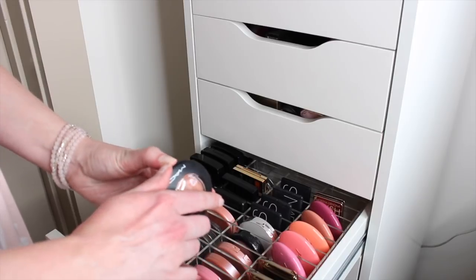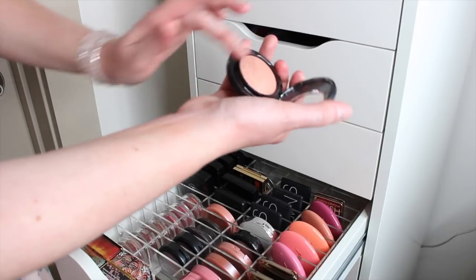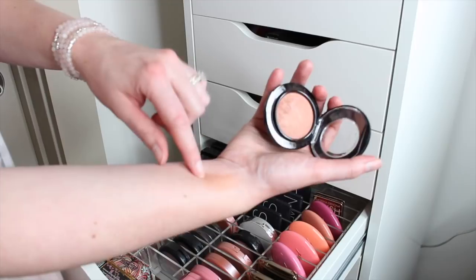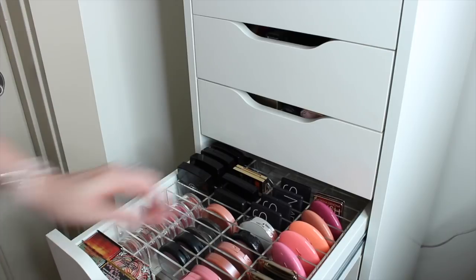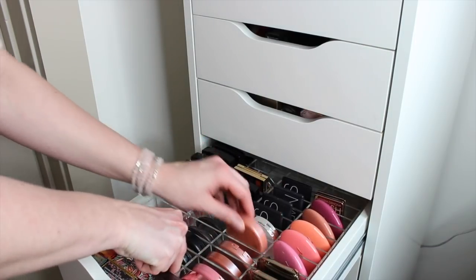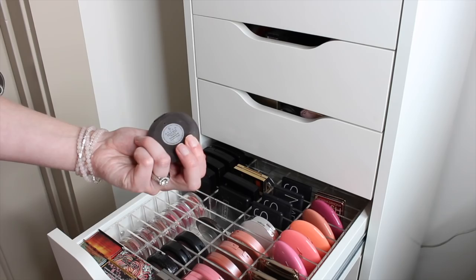MAC's Gimme Sun is just a good neutral. I know I have my Exposed in the drawer, but this is more of a nude neutral, whereas Exposed is more like a mauve neutral. So I'll pull Gimme Sun in, and then as far as a pink blush goes, I do love Becca